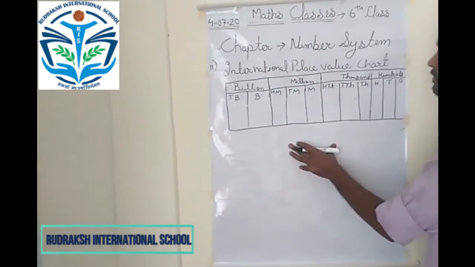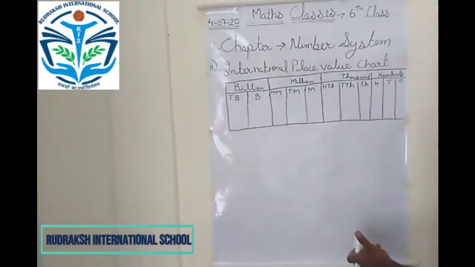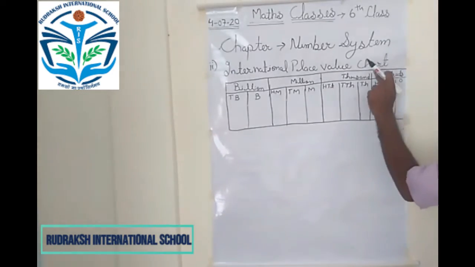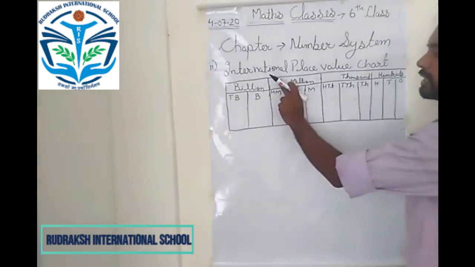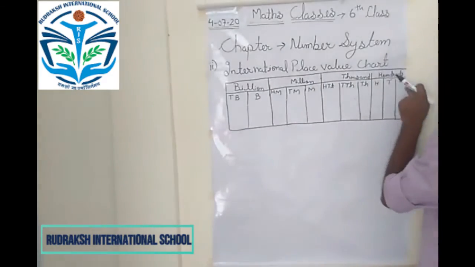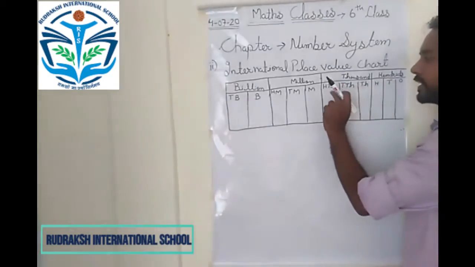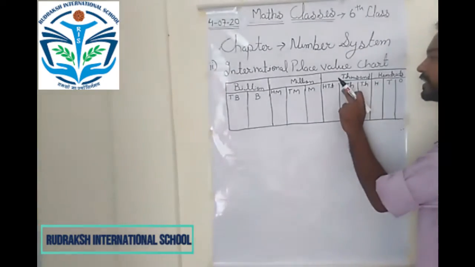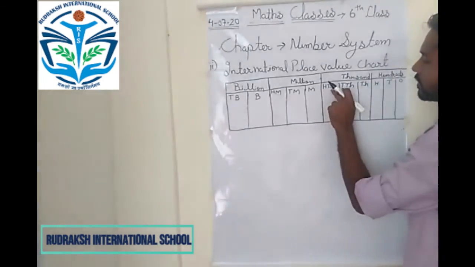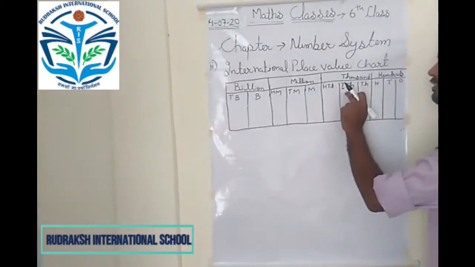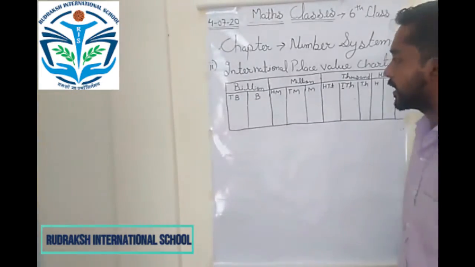So this is the international place value chart, as you can see here. Let's understand this table. Here we have got 100,000, million. We have not got lakhs and crores here. Straight away we have got million, and then we have got billion. In the 100 we have got three different subcategories, that is ones, tens, and 100. In 1000 we have got 1000, 10,000, and 100,000. Then this is million, 10 million, 100 million, billion, and 10 billion.